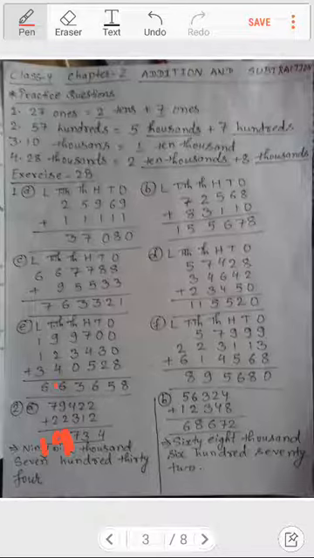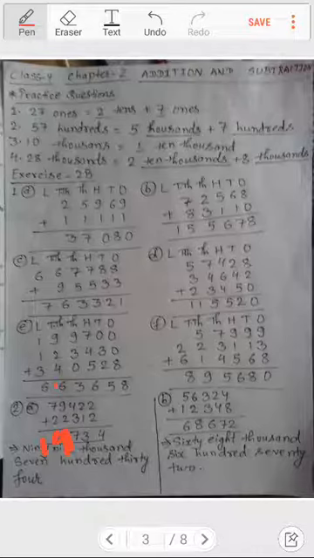If you see question number 2, its answer is wrong by mistake. One mistake is there, so of course I am telling you how to make it. You will be adding and writing 101,734, and in words what you will be writing is 1,01,734. I hope you all are understanding it.